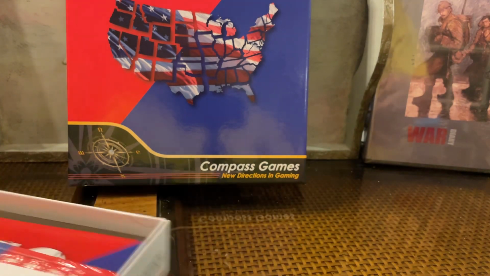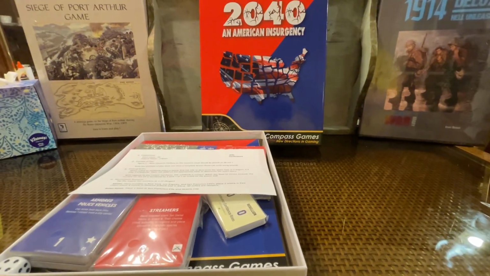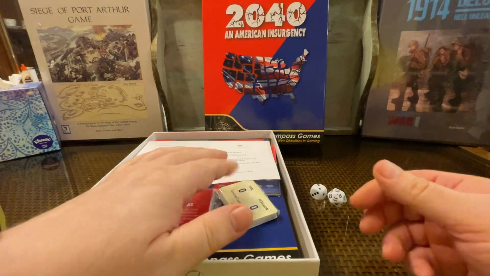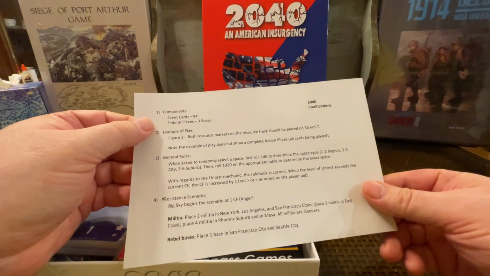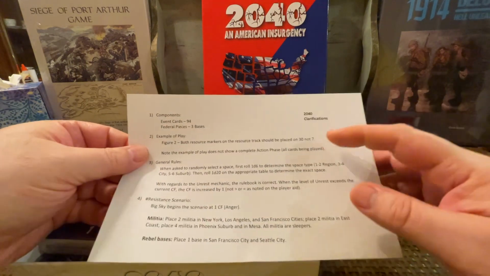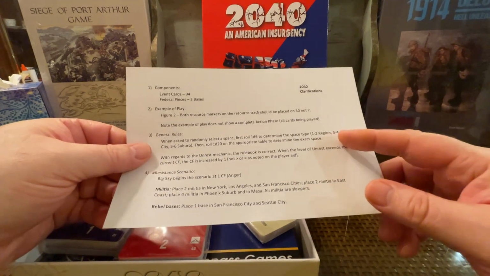All right. So first thing I'm getting here, I'm going to zoom out a little more so you can see. Try to keep the title in there. The dice. All right, we have a sheet on the top: Clarifications. Components. The number of cards, the number of bases, example of play. So it's a minor card. So it is errata. There are some errata. Number is 30.7. General rules. So that's a clarification